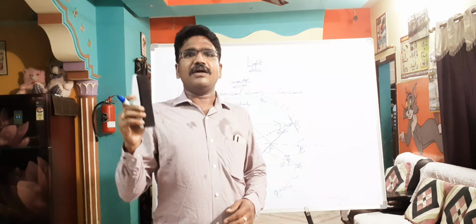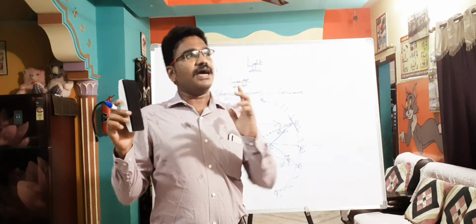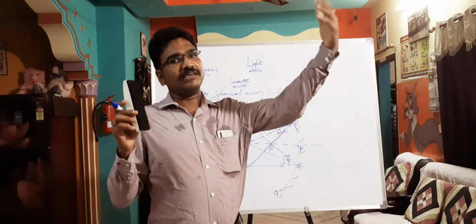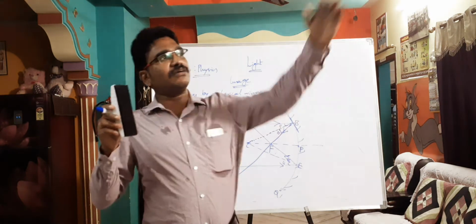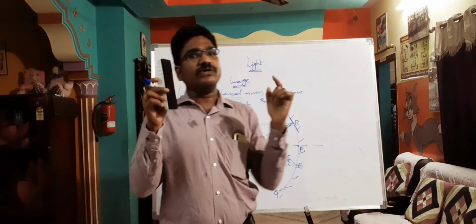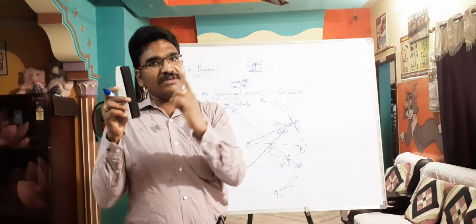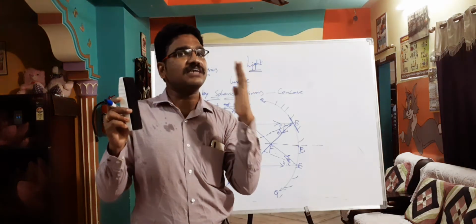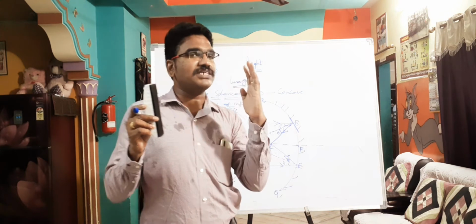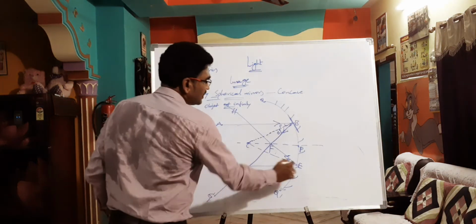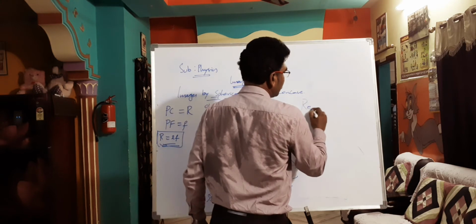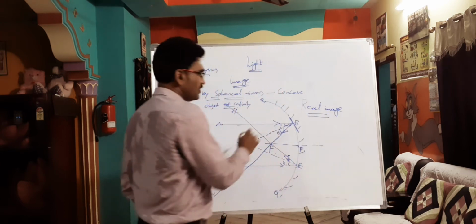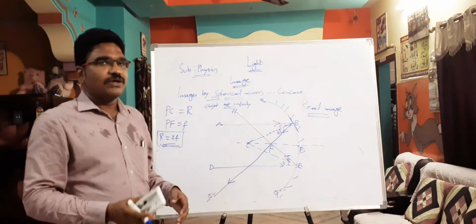Just you put the mirror here and you put a screen in front of the mirror and you focus on an object which is very far. For example, a building is there which is very far, and now the incident rays which are coming from that building fall on this mirror, and after that they will reflect and they will fall on the screen. Why is that image formed on the screen? Because here the reflected rays have really met, so we are going to get a real image here. Real image is formed because the light rays are really meeting.